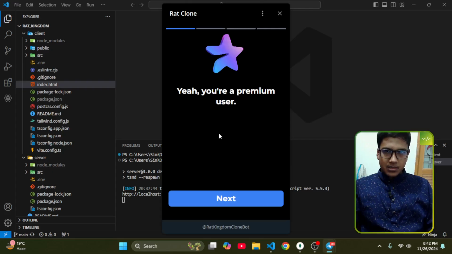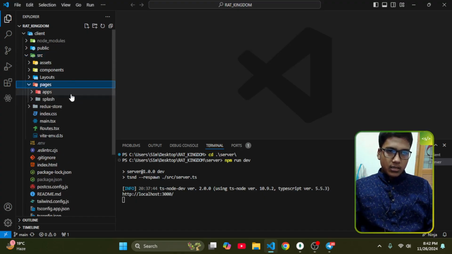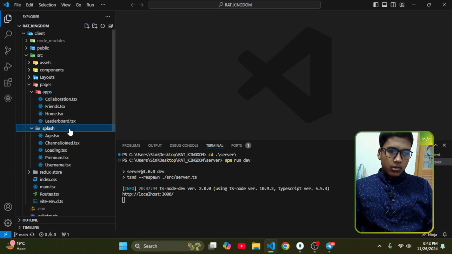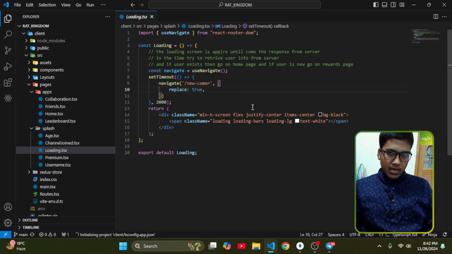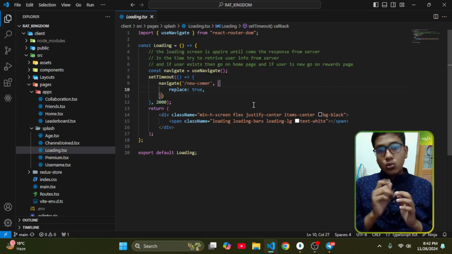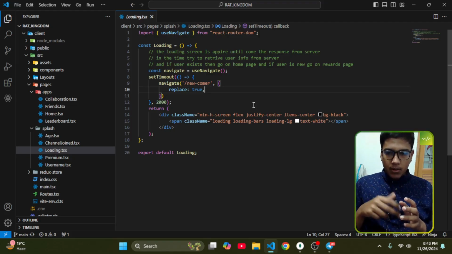Yeah, that is awesome. Now what I need to do, basically, when a user comes, you can see there is a login screen where we show a loading. So we just have that page loading. Basically in this page the user needs to wait 2 seconds, that is 2000 milliseconds. In those 2 seconds we will send a request to our server, so that it creates an instance in our server that the user has come into our mini app, and we will ensure that the user is